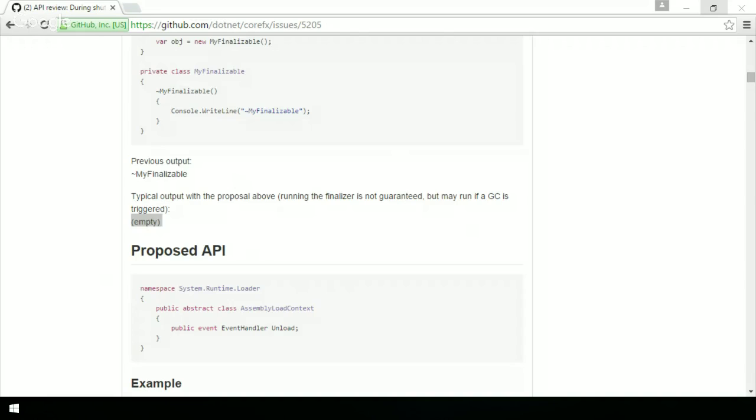By the way, the event you propose is AssemblyLoadContext.Unload, correct? Is this API available on desktop? My understanding is we didn't port AssemblyLoadContext to desktop. So on desktop, I would have to do something differently, correct? I would have to subscribe to AppDomain.Unload, whatever. Yeah, that's the thing I don't like, honestly, for libraries now, because that means that writing